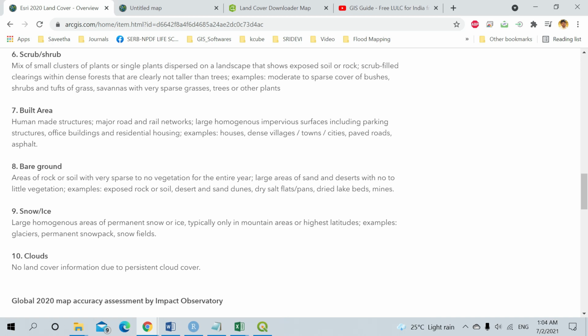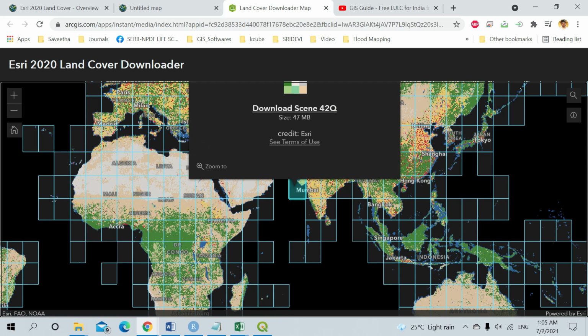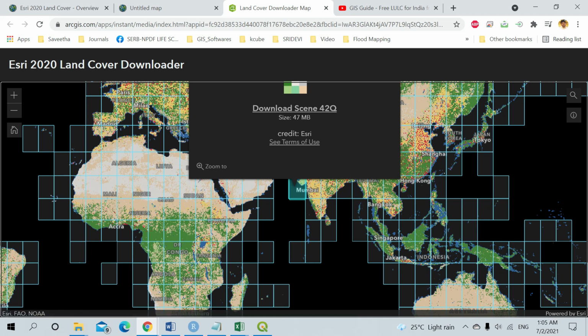Let's get to the link where we can download these data sets. They have provided this particular interface where we can download this land use land cover map. The download procedure is very simple. You can see a few tiles. What are these tiles? Being a remote sensing person, you might have seen these sort of tiles before. These are UTM zones. If you click on one particular tile, you will find the UTM zone and the code. This is 42, which means this particular Gujarat location is covered in UTM zone 42.